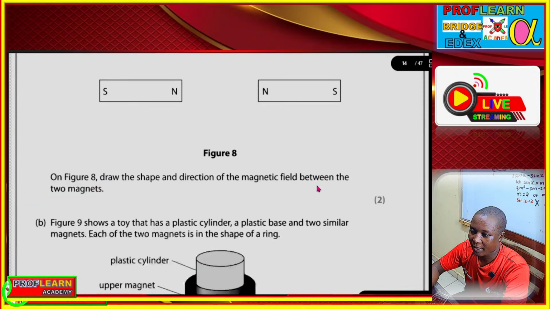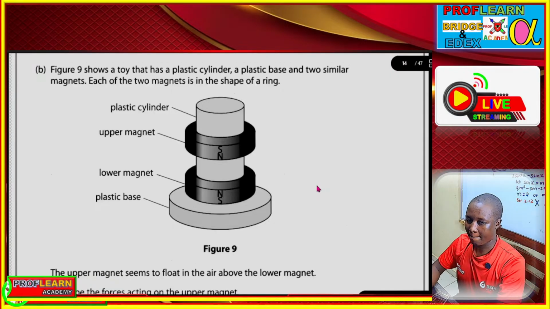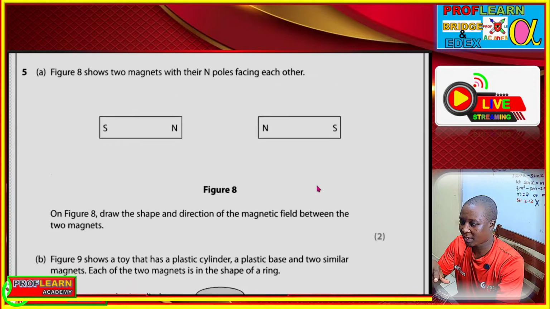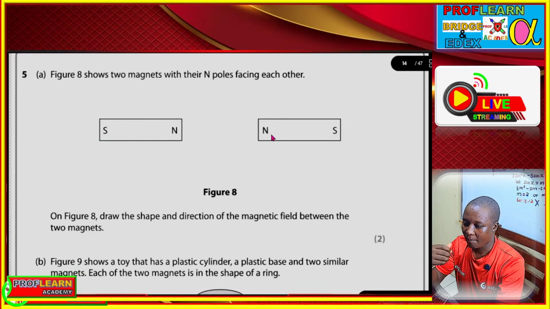Yeah, on this topic of specific heat capacity, we shall be dealing with it tomorrow. That's when we shall focus on specific heat capacity. Today we are focusing more on electromagnetic induction, and here we are told on the figure,